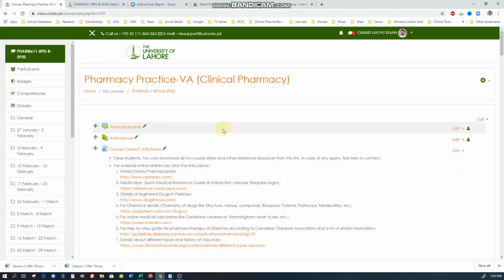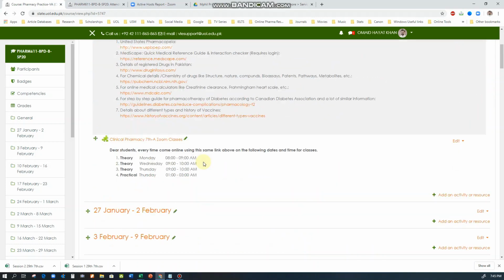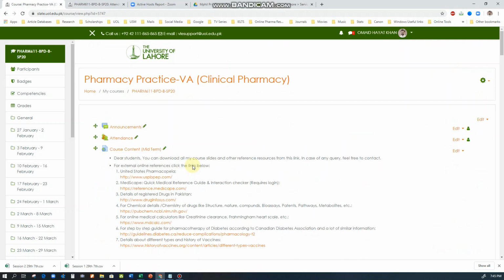Now the first thing that you need to make sure is that all your assessment criterias, whether it is attendance, whether it is a quiz or anything else, they have been internally graded properly. I am sure that quizzes and assignments have been given proper gradings, like 12 marks for quizzes, 10 marks for the assignments, and so on. But just in case for the attendance, nobody would have given any importance to this one, or must have ignored it. So we are going to go into the settings of the attendance,